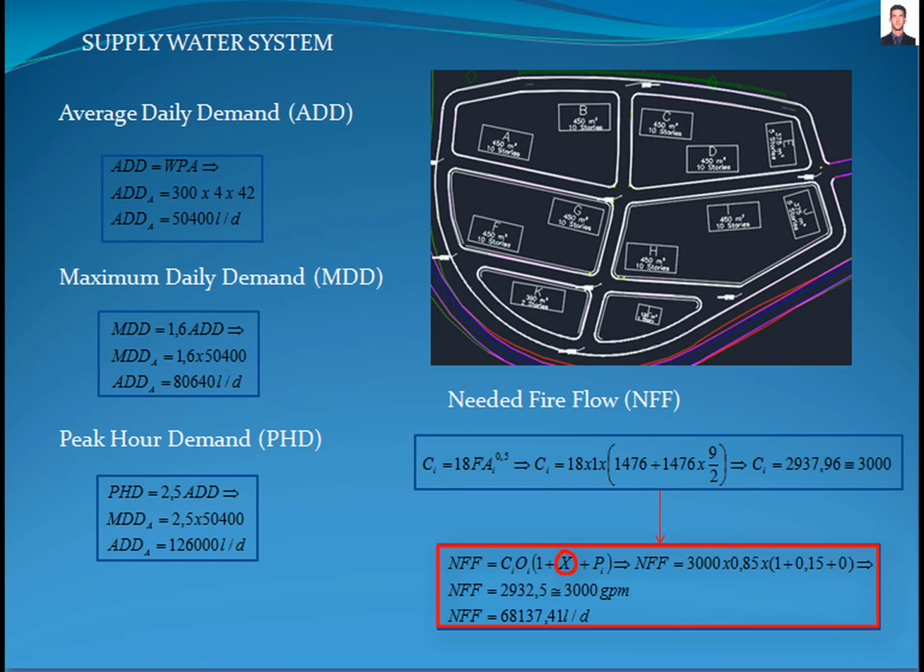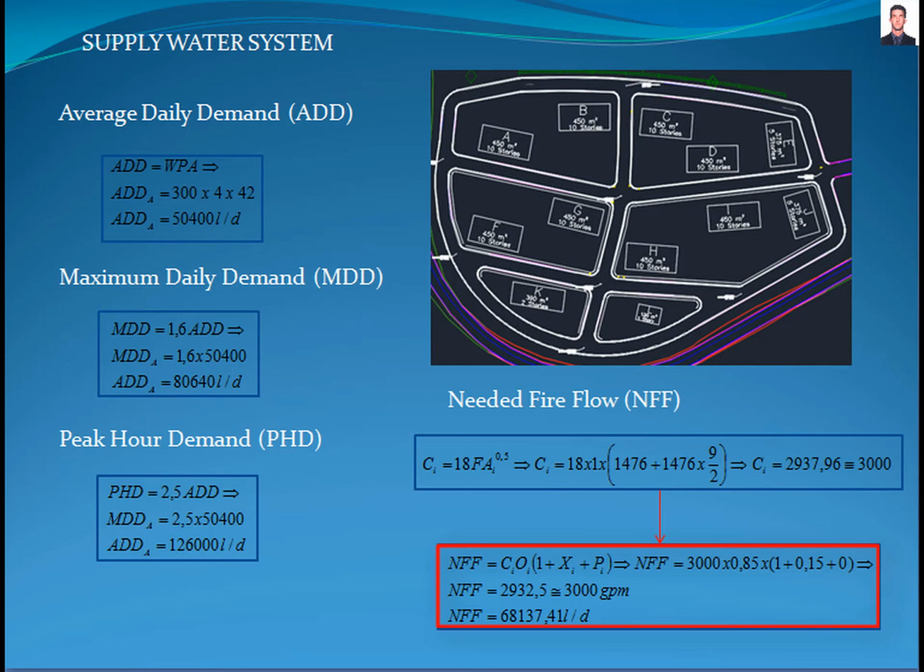XI is the exposure factor equal to 0.15 for building A, in accordance with table 1n-4, and PI is the communication factor, which is equal to 0 because the building has no passageway, giving a result of 2,932.5 gallons per minute, which is rounded to the nearest 500 gallons per minute. The final value of the NFF is 3,000 gallons per minute, which is